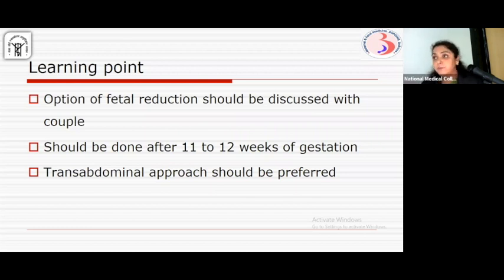So it was very, very difficult to tell them and explain to them, within our ethical limits, and to persuade her to go for a repeat amniocentesis, taking up all the risk again in an IVF conceived pregnancy. So dating is very important in twins. Apart from this, in twin pregnancy,